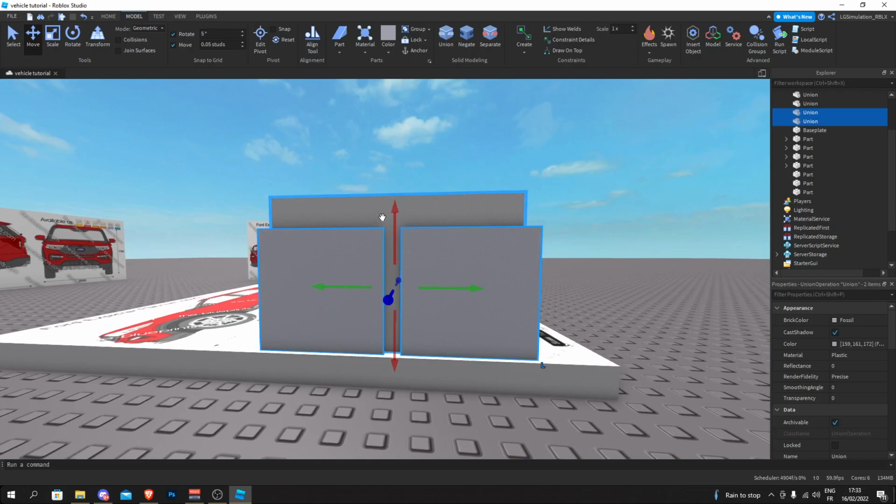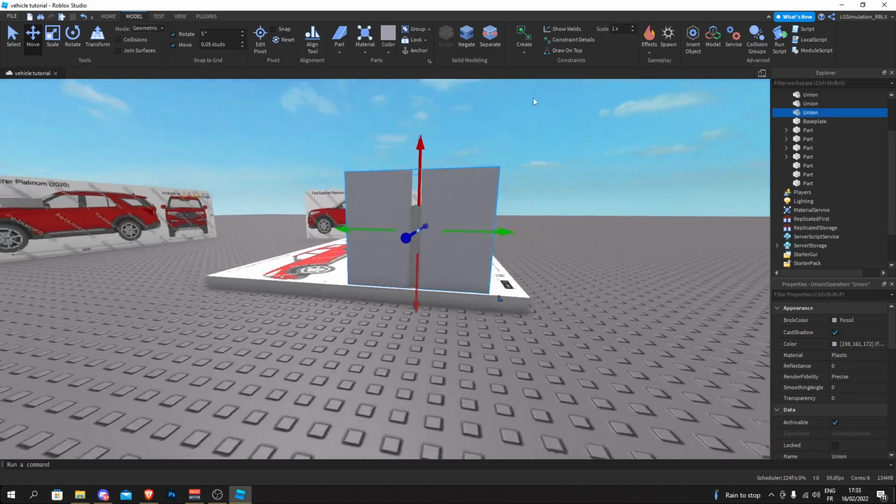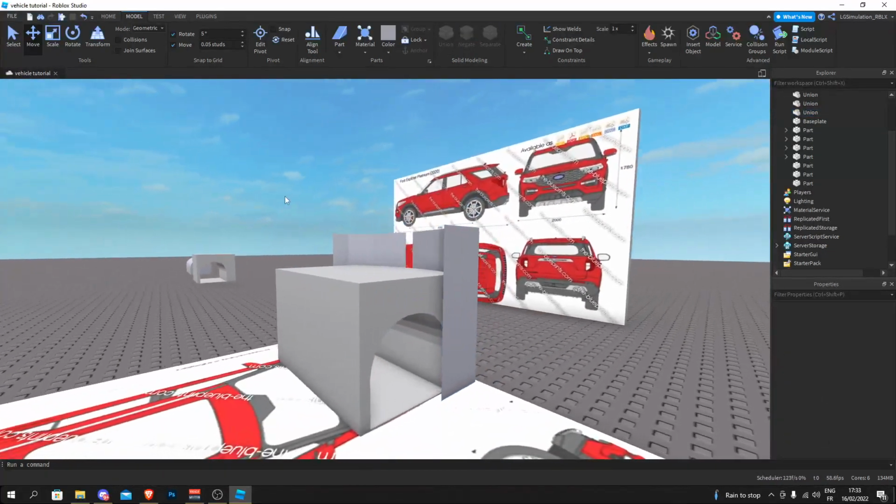Next, what you can do is select both of these, duplicate them, place them a bit higher itself,